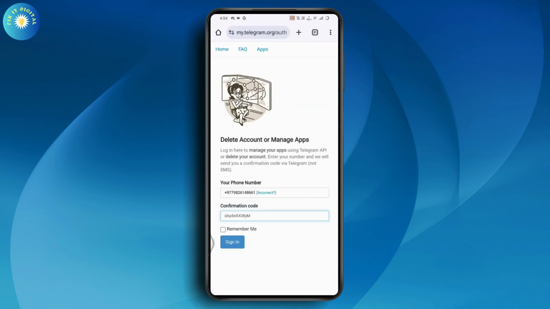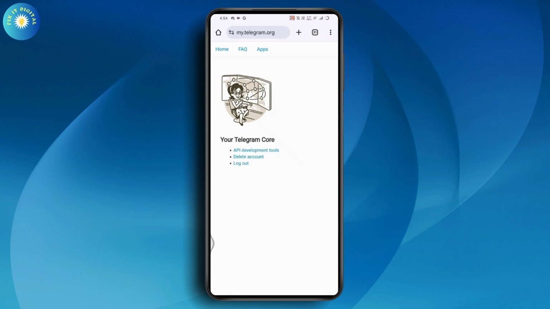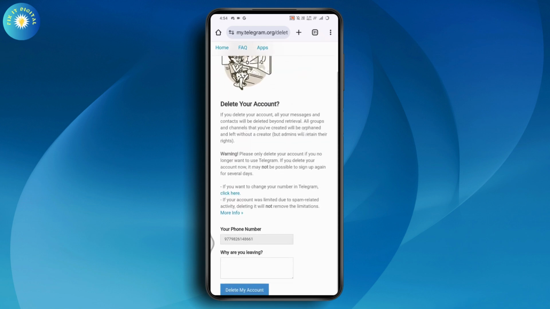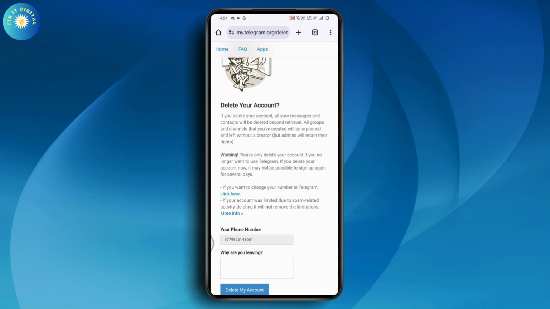Once you enter the code, now you just need to simply go with remember me and then go with sign in. Once you sign into your account, now you need to go with delete account, and here you need to enter a reason why you're leaving and tap on delete my account, which is on the bottom, and your account will be deleted. So in this way, you'll be able to